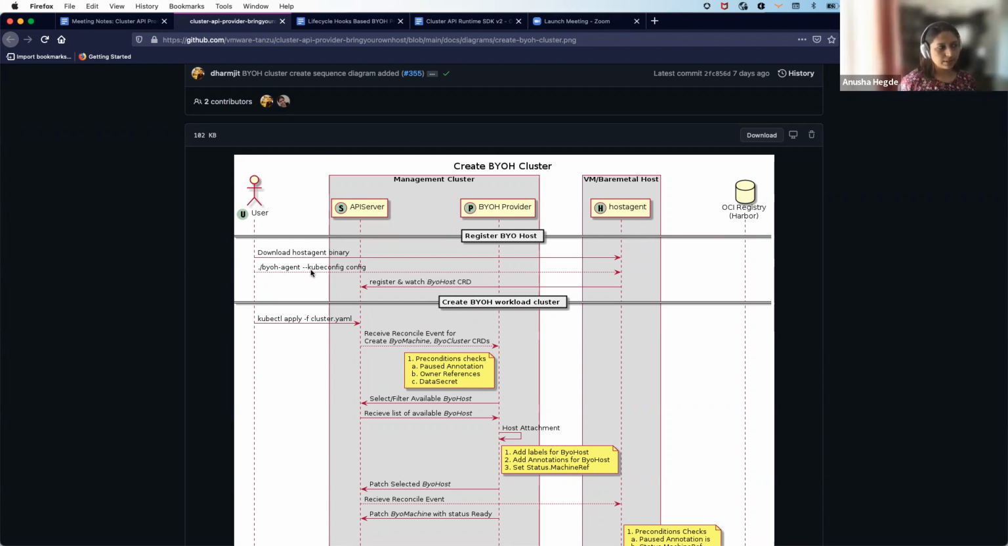Once the agent process is started, it will register a new CRD, and it will also watch for the particular CRD that it has created. Once this is registered, it is considered as joining a capacity pool. So any number of BYO hosts that come up join this single capacity pool. Next, the user will apply a cluster template that says, this is my BYH cluster with any number of control plane and any number of worker nodes. And the API server creates all these CRDs like BYO machine, BYO cluster,